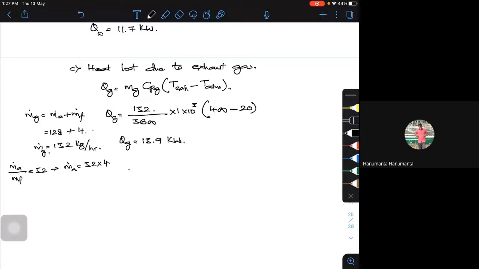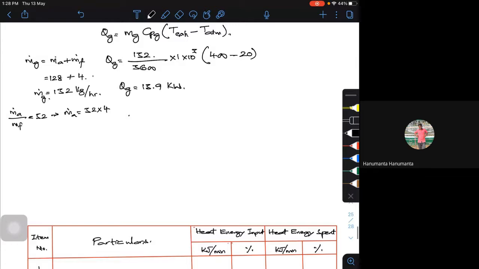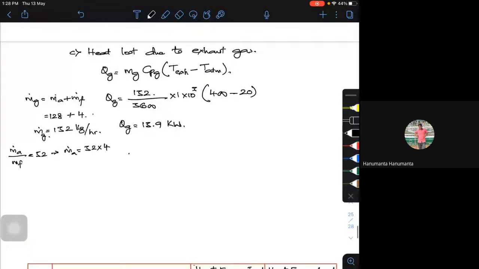So I got the heat loss due to water, that is your cooling water, the heat loss due to exhaust gases, and the heat supplied. So then what I have is the unaccounted heat, which is mainly because of the difference. So unaccounted heat, that is QUN, is equal to what actually? This is heat supplied, that is QH, minus heat loss due to water plus heat loss due to gases.